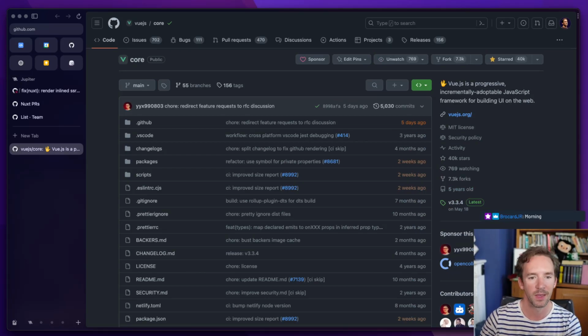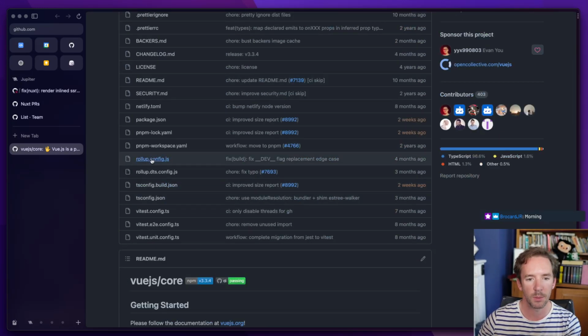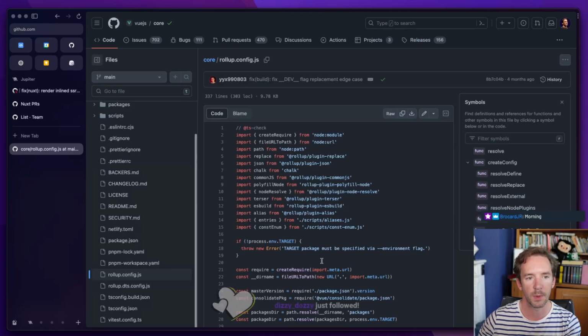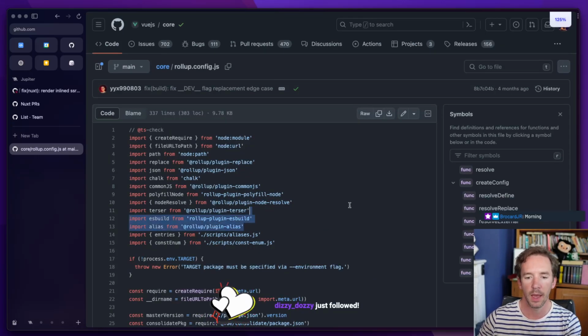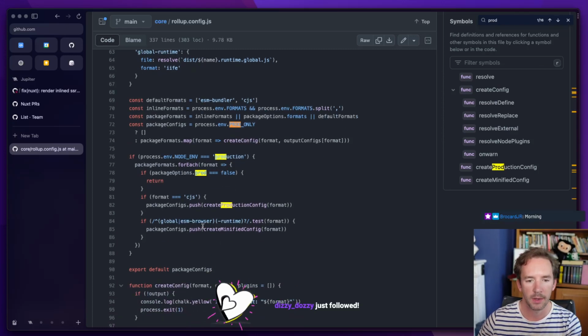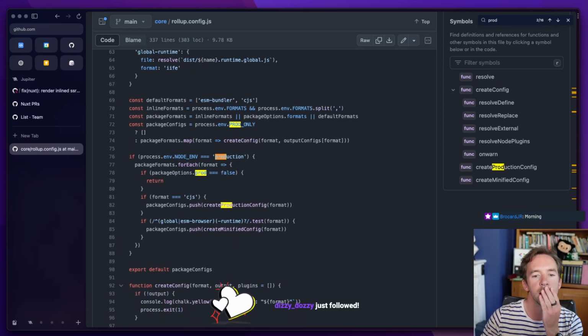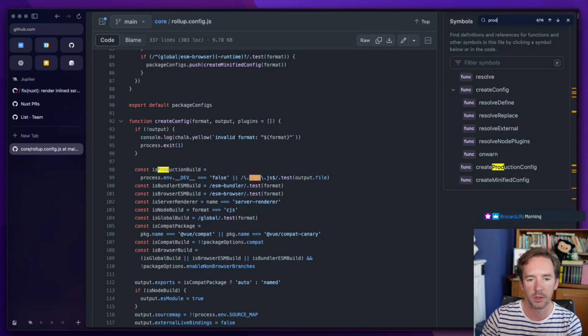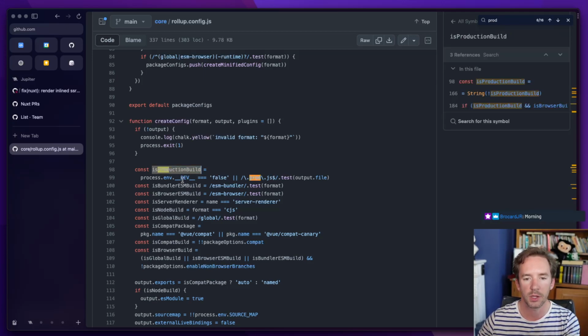Hello, Brocard. So that's going to be in the rollup config of the Vite core repository. And we will have a prod suffix, and okay, we've got this createProduction. Okay, now if it's production build, we actually